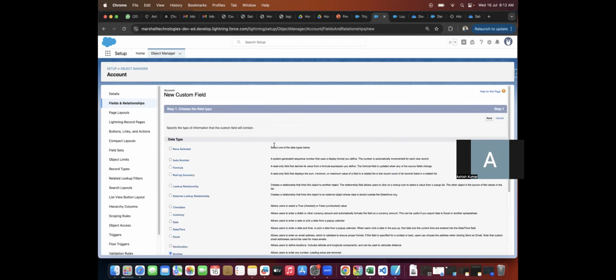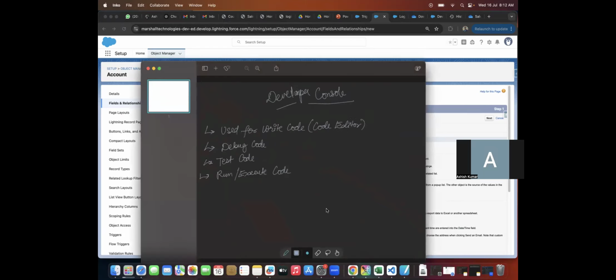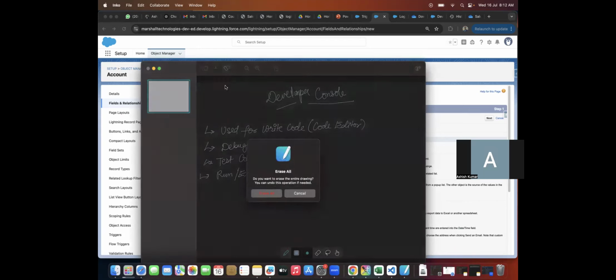Okay, so checkbox is nothing but your boolean. Checkbox is nothing but a boolean. Boolean is a data type which stores either true or false. So various types of data types that we can see is